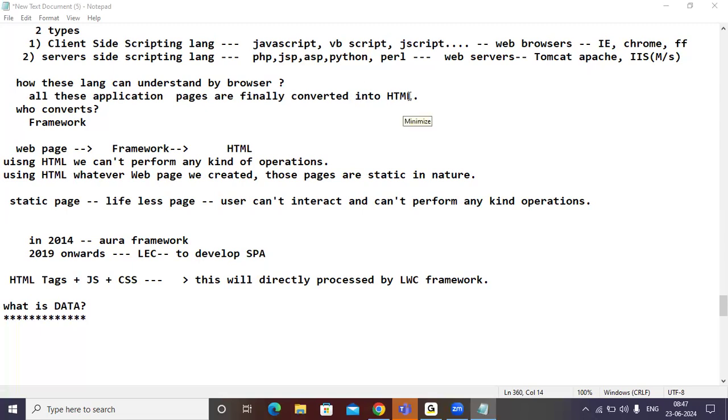Whatever we are entering into the system, that is called data. Very good, Ranjan. Data means whatever we enter into the system is called data. Tell me what we are entering into the system. We are entering numbers.